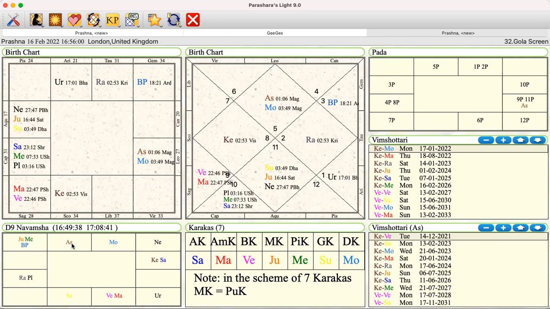Magha is obviously where the Sun is quite strong, because it's ruled by the Sun. So here we have Moon in Magha. Moon in Magha doesn't even matter about the ascendant. Even if this ascendant was, say, Pisces, but the Moon was there, it has these kind of things.